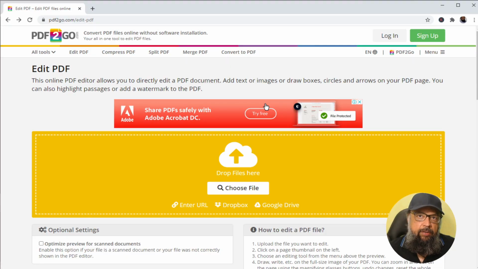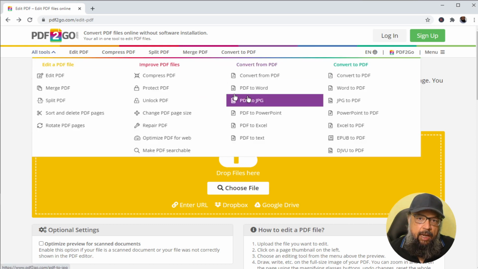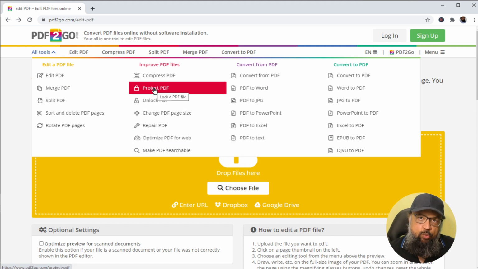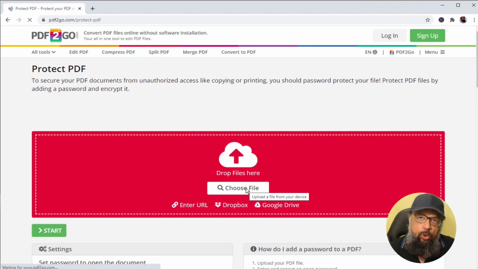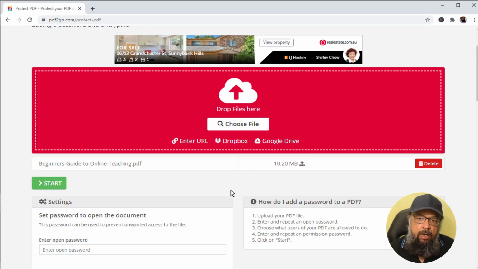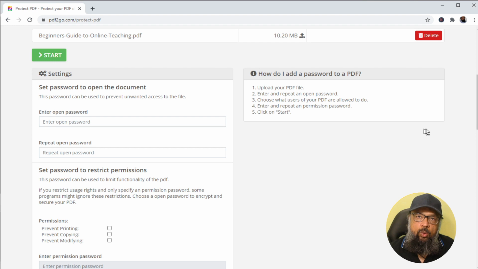Now the next PDF editor I am going to show you is PDF2Go. This is their website, pdf2go.com, and if I click on all tools, as you can see there are many tools available, but I am interested in password protecting the file. So I click on protect PDF, and now I have to click on choose file, and I select this file and click open. Now it has processed the file, and now if you scroll down, you can see that this